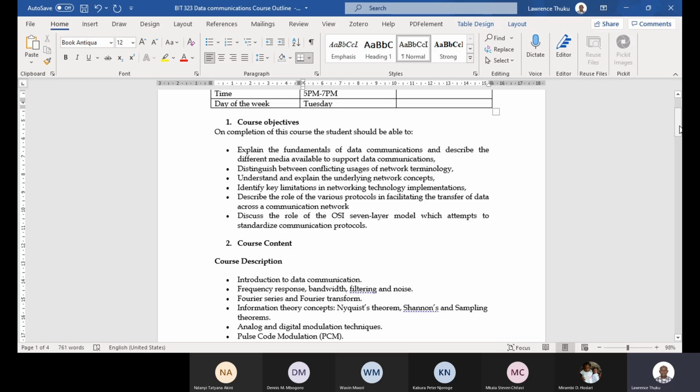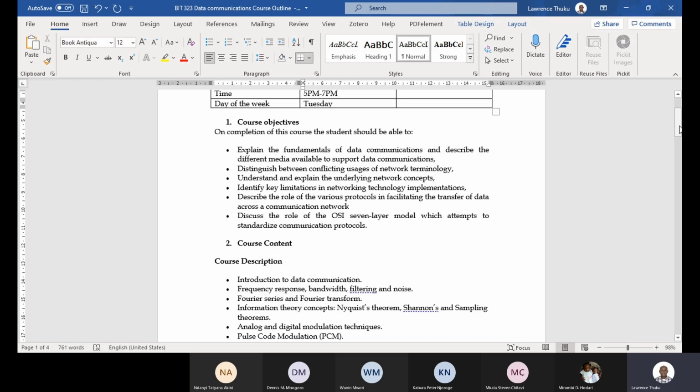So it's a good course. It helps you to understand more on that area of networking. So basically, the overall scenario is focusing on that aspect of networking. We're also going to distinguish between the conflicting usages of networking terminologies. That is, look at the different concepts regarding networks, and of course understand and explain the underlying